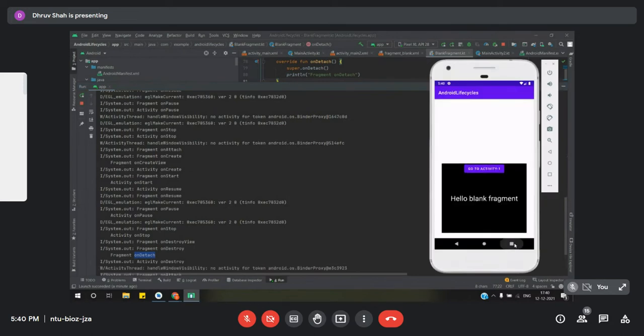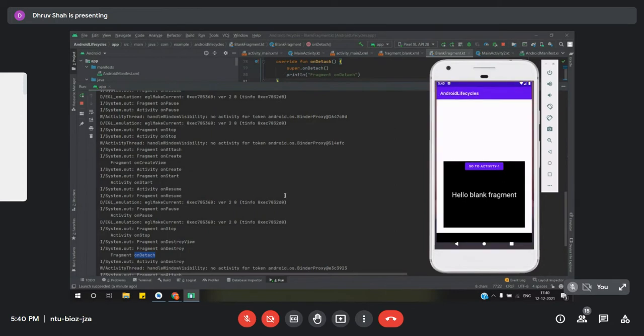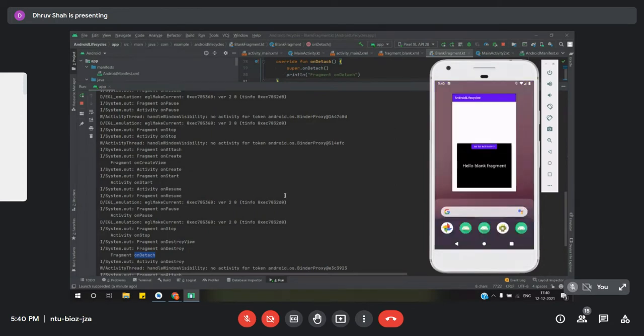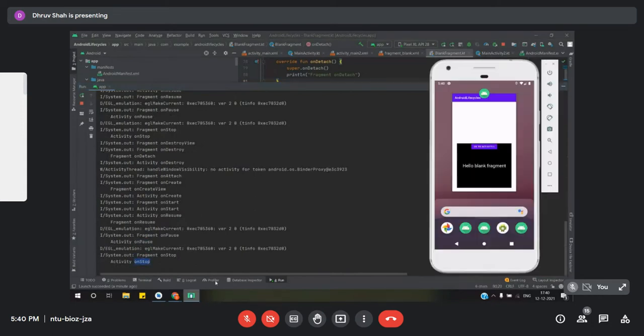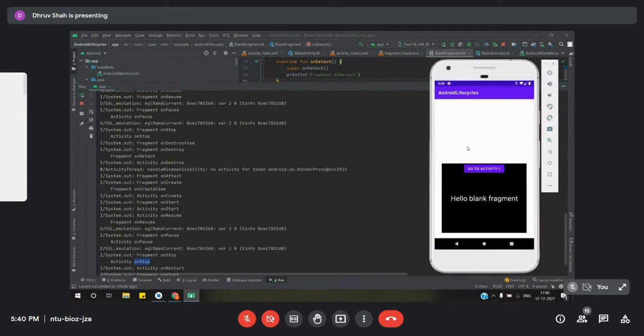And if you try and minimize it, you can see that the onPause and onStop methods would be called just as the methods of the activity are called as well. So these are the three use cases to display the life cycle. I'll explain why this is happening. In Android, there's something called an activity stack or a task. The Android stack consists of all the activities that the user is currently using.